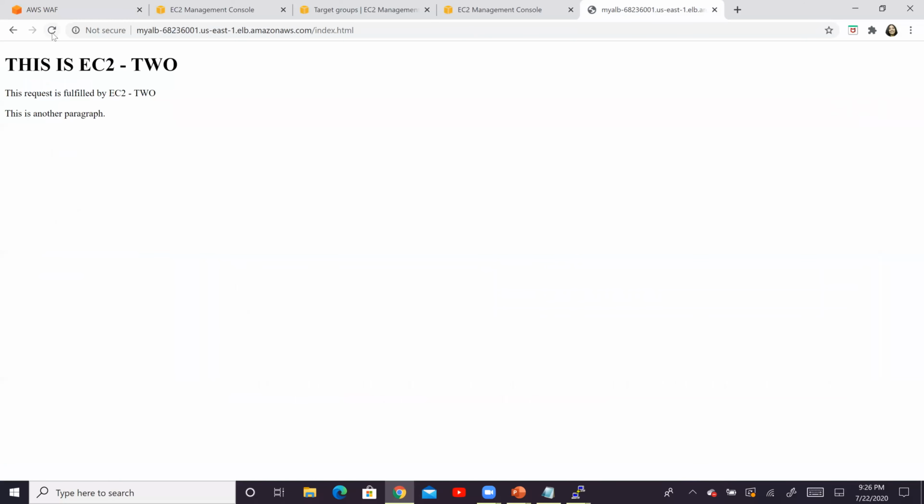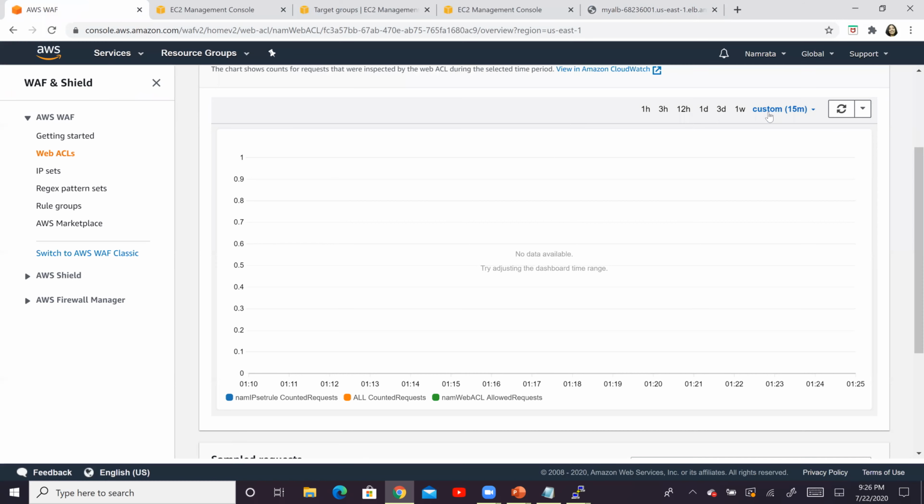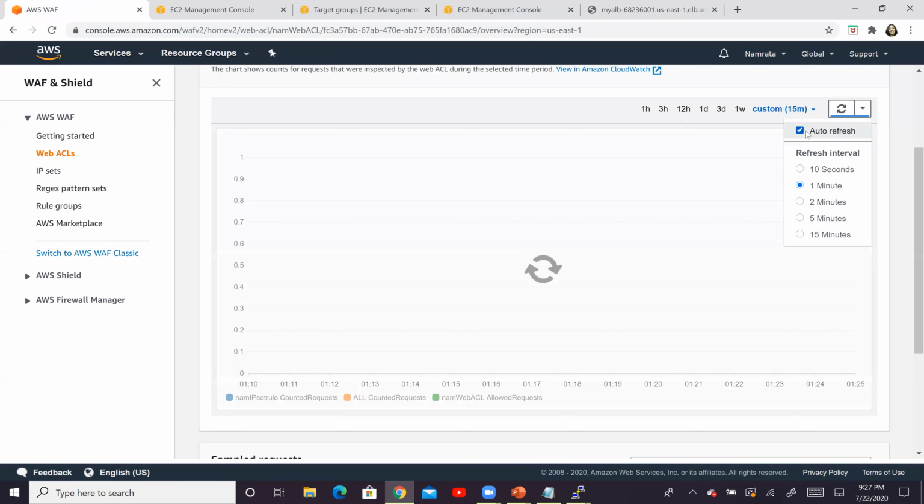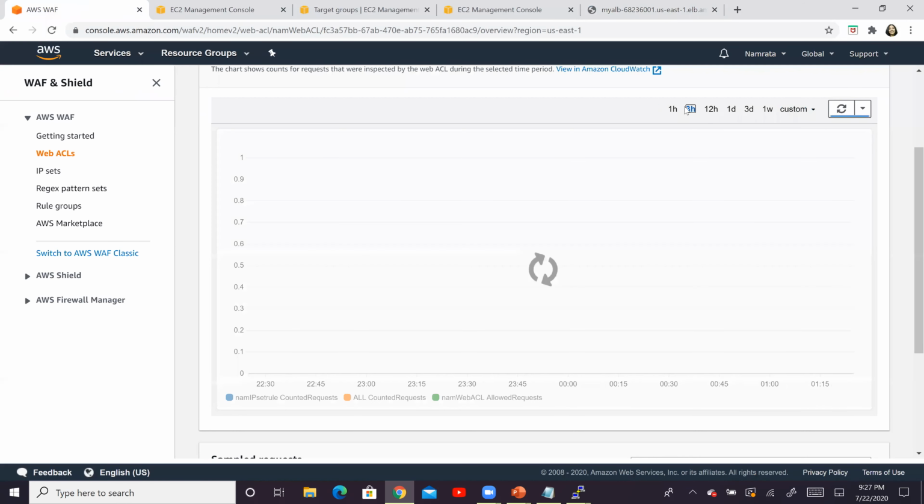If the data does not show up, go back and refresh this for some amount of time. So I'm going to try this for some time. If it does not come, then I'll pause the recording and come back when I see at least some data or some information showing up over there, right? So let's refresh this. You also want to set the auto refresh to on and set the refresh interval to 10 minutes. This is 3 hours at this time.